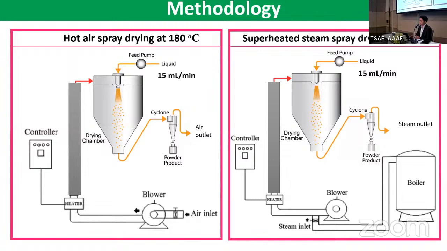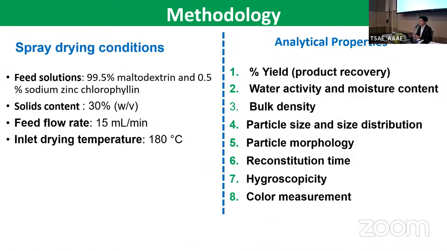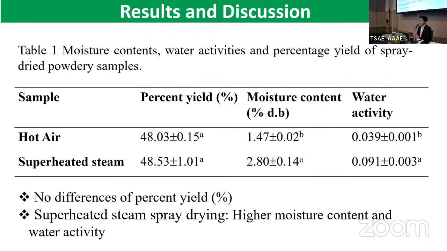Hot air and superheated steam spray drying at 180 degrees Celsius were operated in the same spray dryer. Maltodextrin was used as the drying aid, and the total solid content was 30%. Color and some physical properties of the spray-dried color powder were evaluated. So here is the